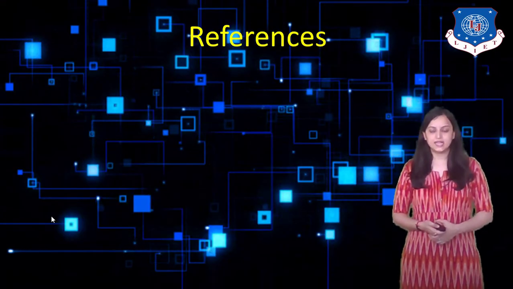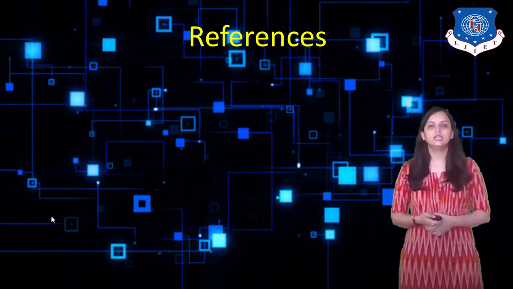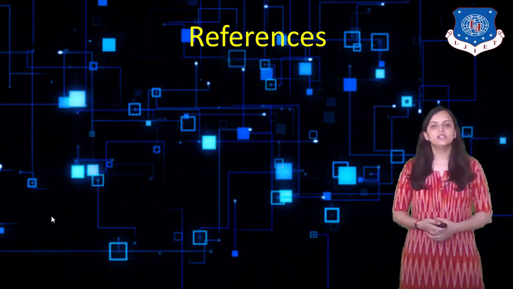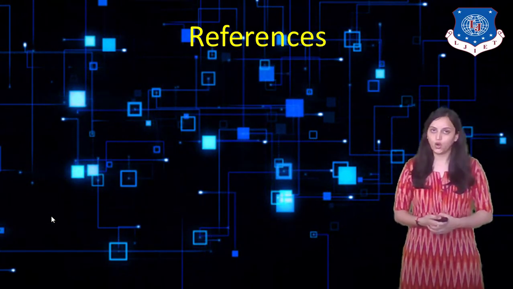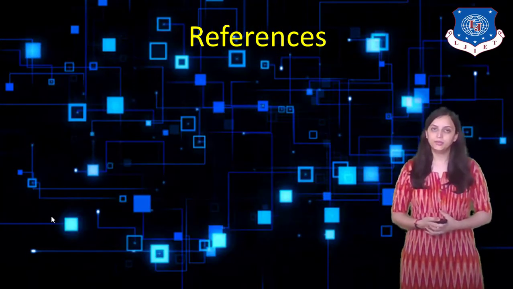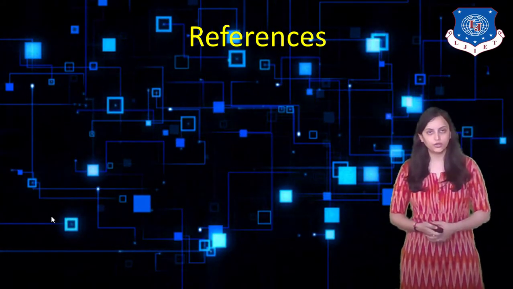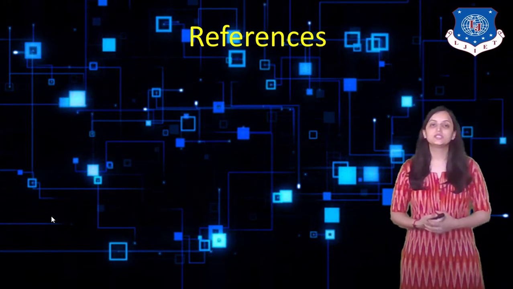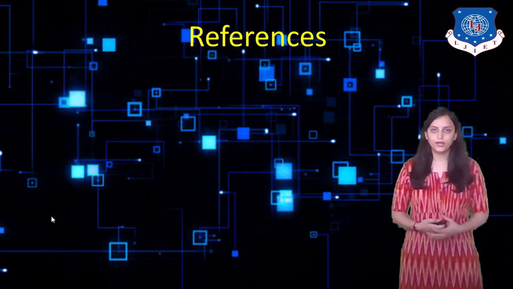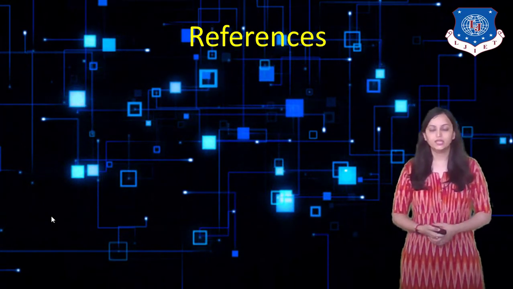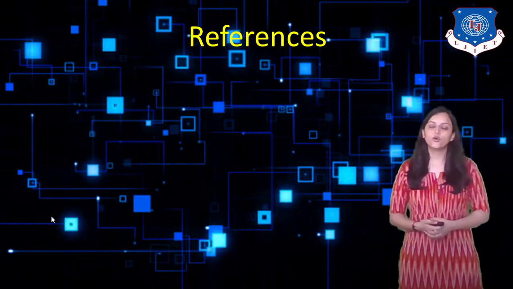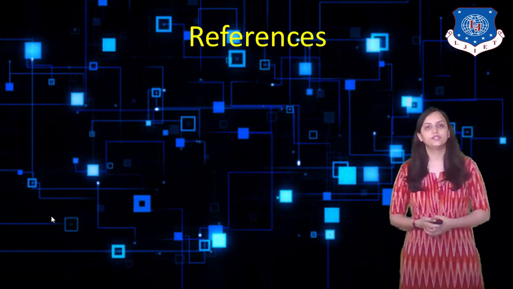Now, in the next session, we are going to see the last topics of this chapter, that is the network layer. We will see different internet protocol layer protocols, which include ICMP, IGMP, ARP, that means address resolution protocol, RARP, that means reverse address resolution protocol, and we will see how these protocols operate on the network layer. Then we will start the next unit, that is the transport layer, which is the fourth layer of the OSI reference model.